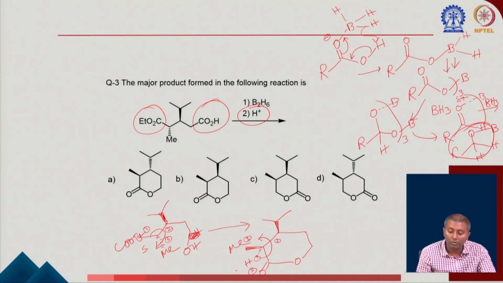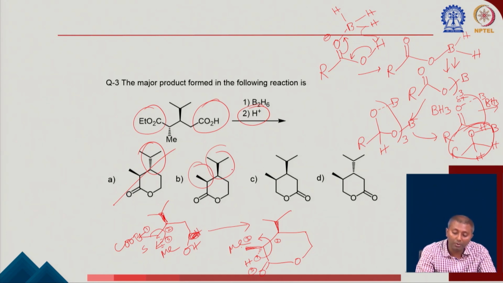Okay, so the correct answer will be where you will see both methyl and you can see, so let's look for all the different answers here. Then this cannot be the correct answer here, because you have changed the stereochemistry of this center, that should be retained. So only B and C has the perfect stereochemistry for this center and this center,